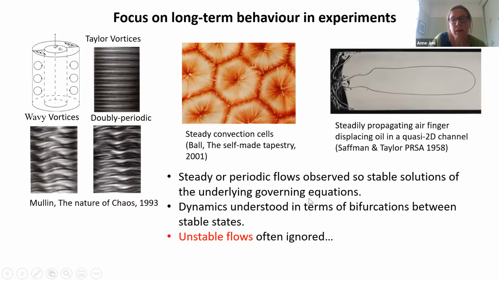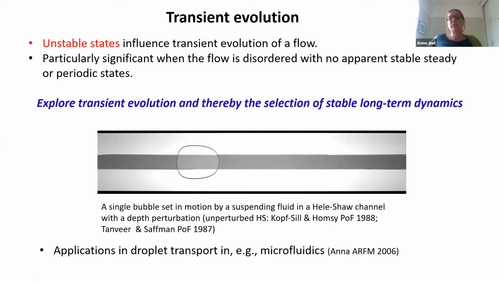And the reason for that is really because we say, well, we can't see them in experiments, but that's not totally true, because in principle we can see them or glimpse them fleetingly, when we look at the transient evolution towards a steady state. Okay, and so transient evolution is really the focus of this talk, because unstable states very strongly influence transient evolution,